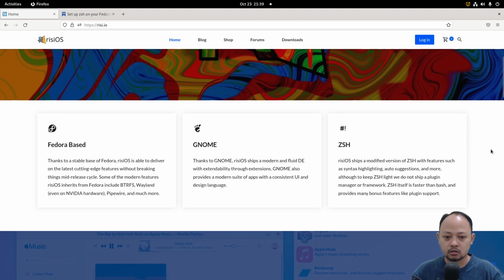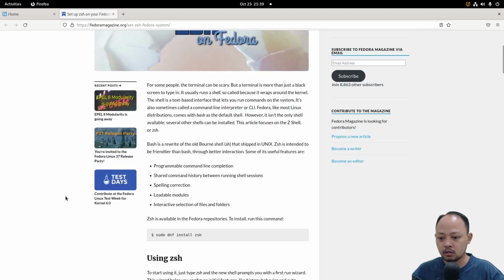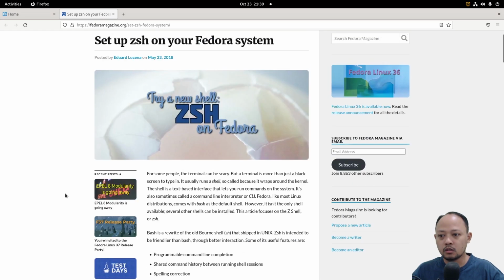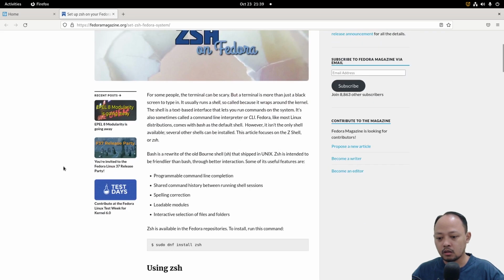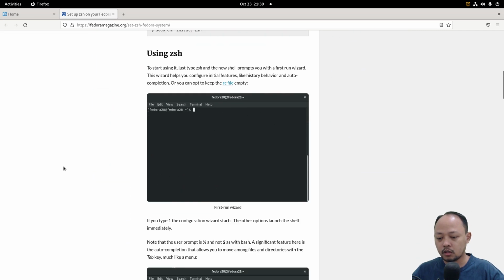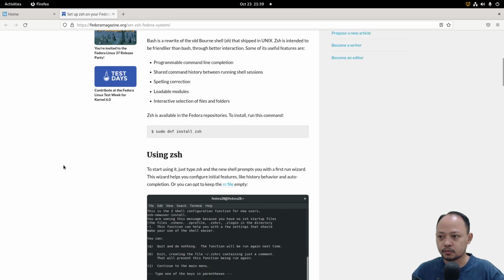It is different from Fedora. Fedora uses bash. As we can see on this page, Fedora Magazine, we can install ZSH on our Fedora and use ZSH as our terminal.